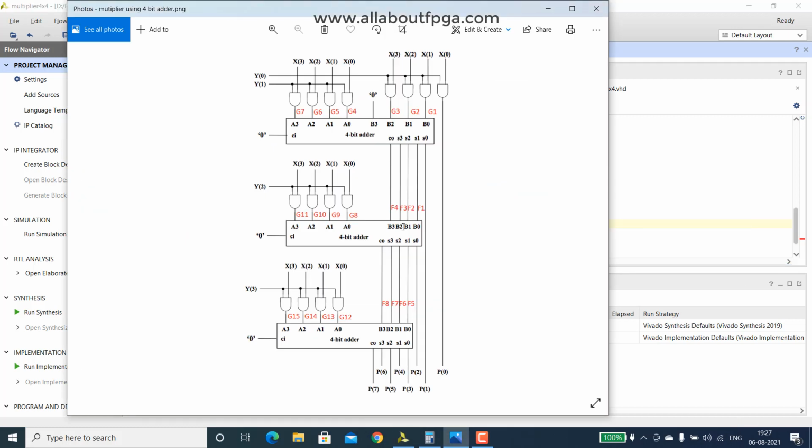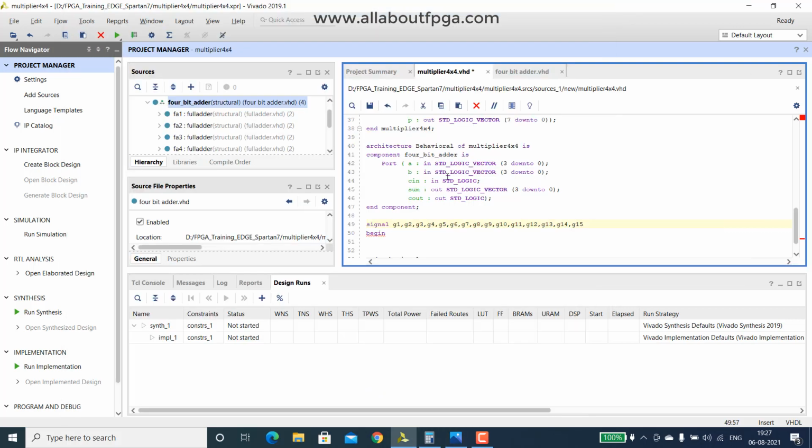There are 16 AND gates totally. The first AND gate output is directly given to the product P0. So we have the remaining 15 gate signals. They are declared as std_logic.